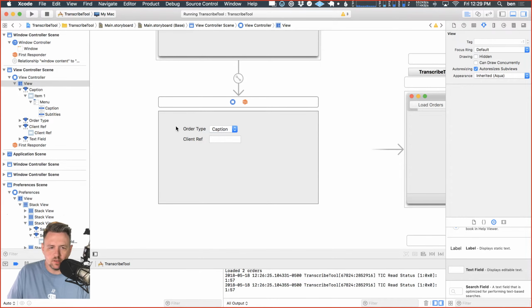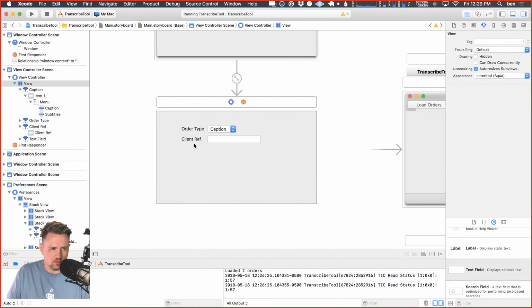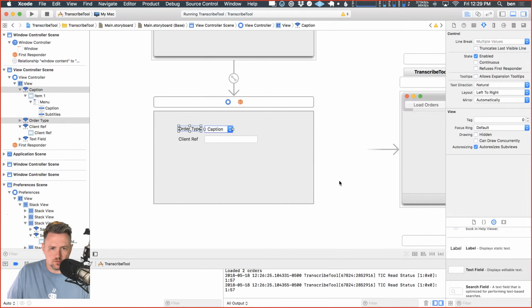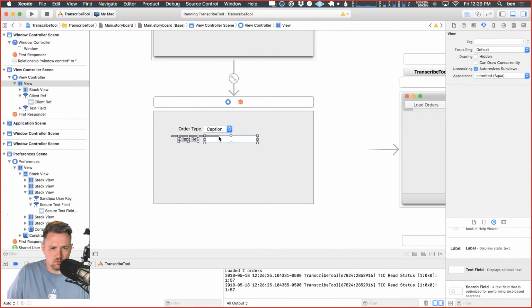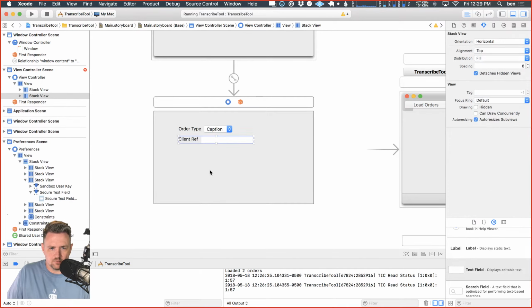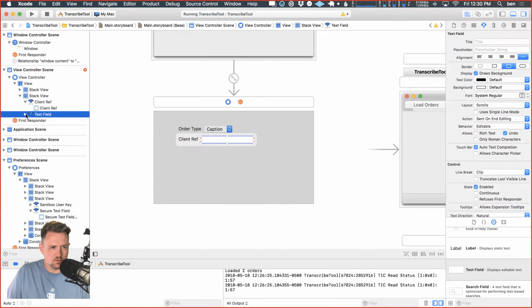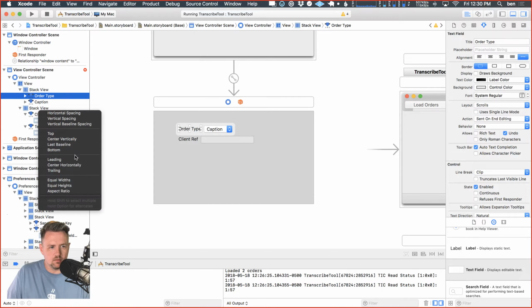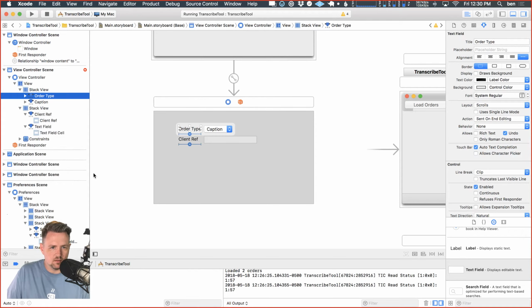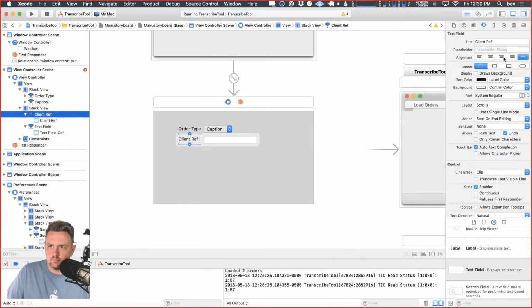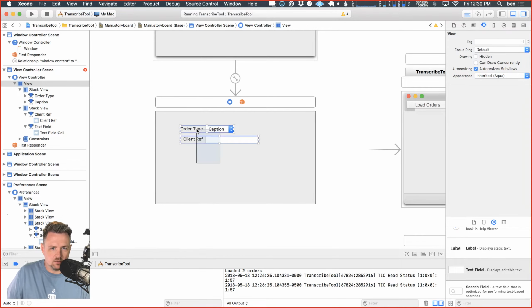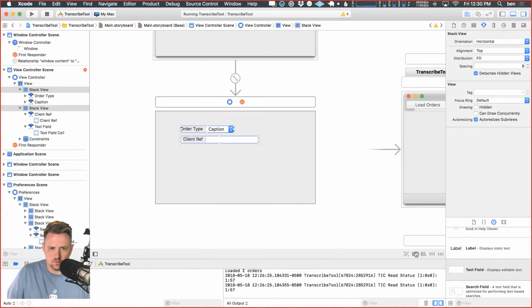Okay. So I think these are the only two properties we really need as top level information for an order. What I'm going to do is similar to what we did last time: throw these in a horizontal stack view, throw these in a horizontal stack view. I will take these two labels, the order type label and the client ref label, and make their widths equal, and then right align them. This is a very common UI pattern on the Mac. Then I'm going to take both those stack views and add those to another stack view like this,